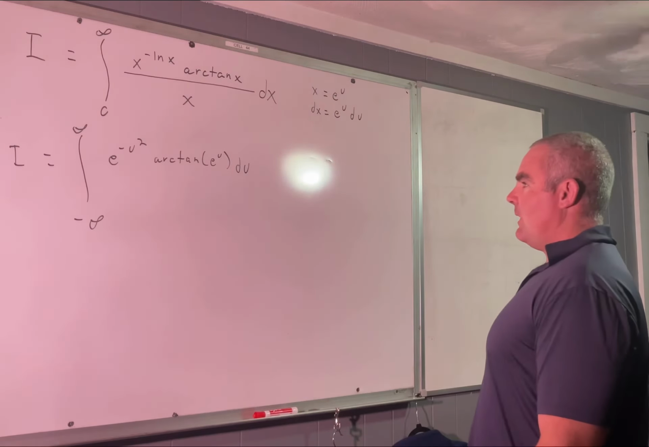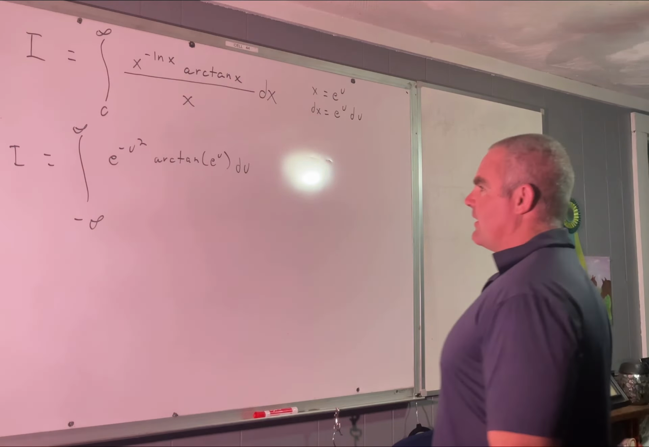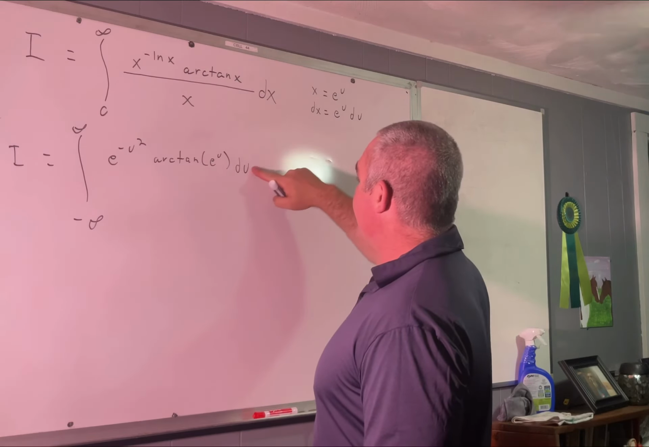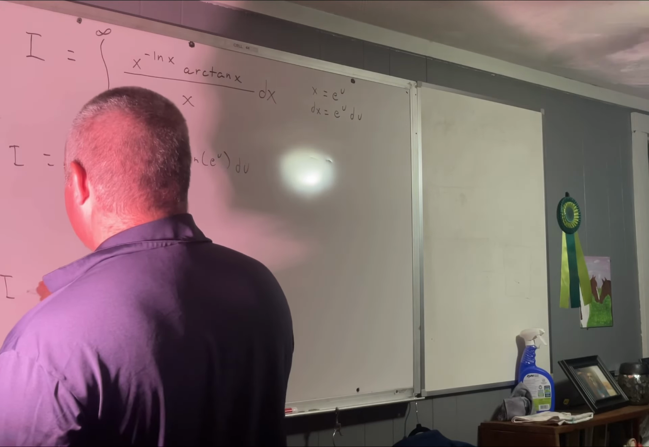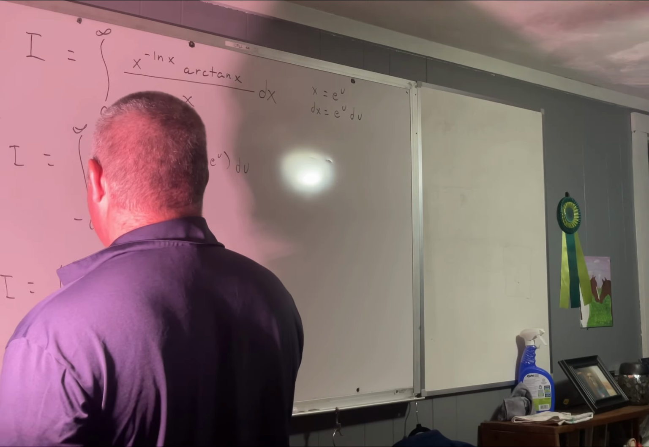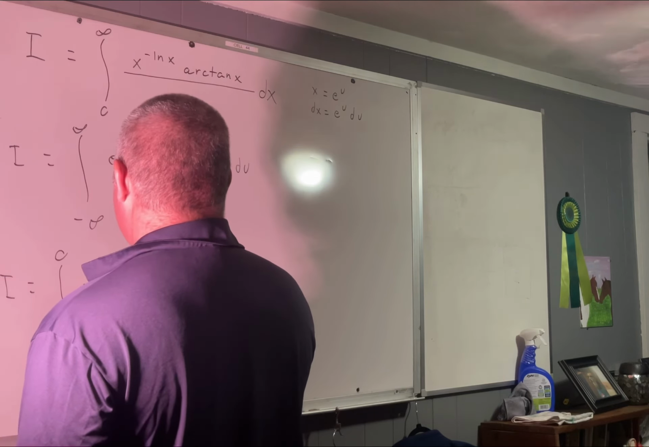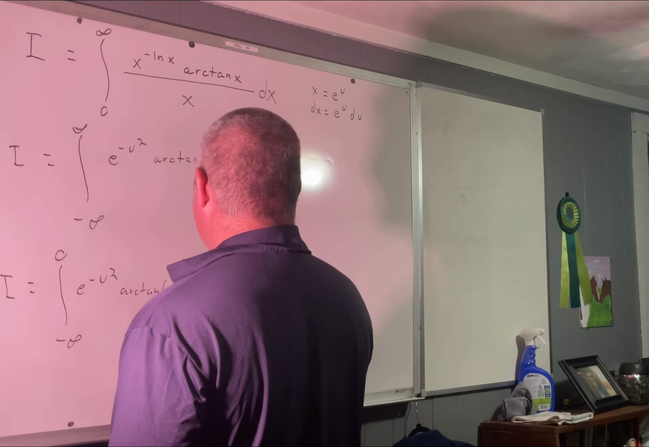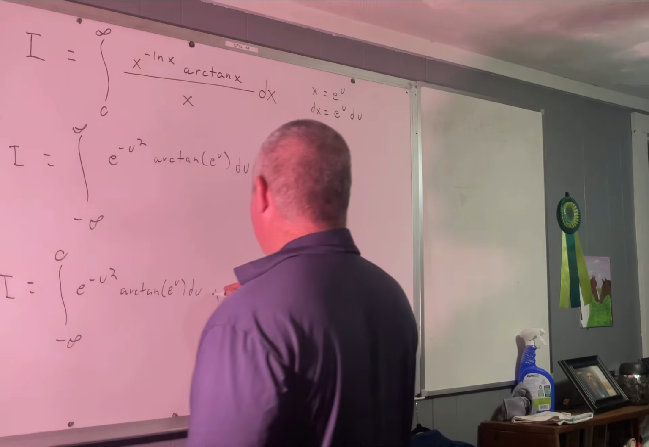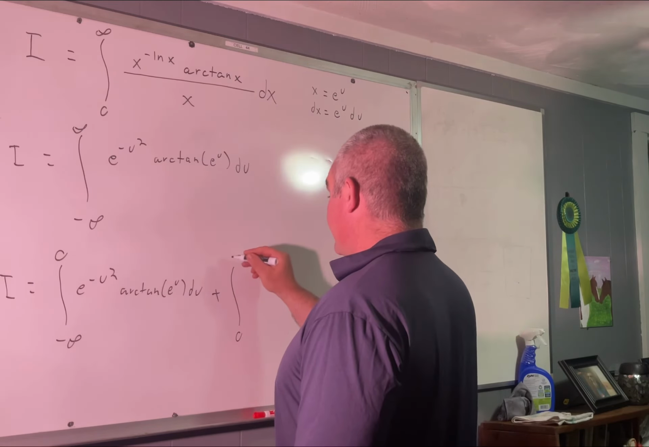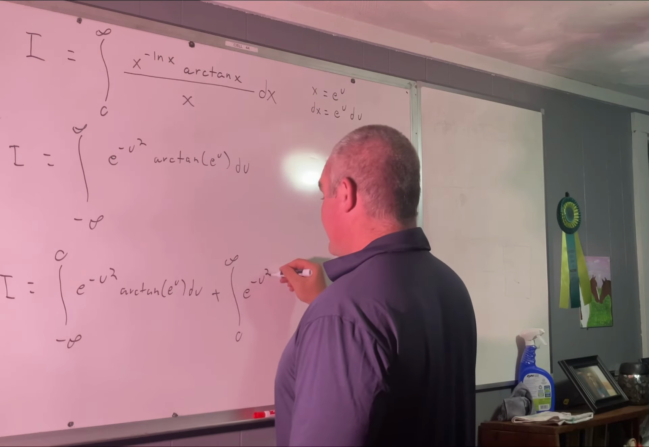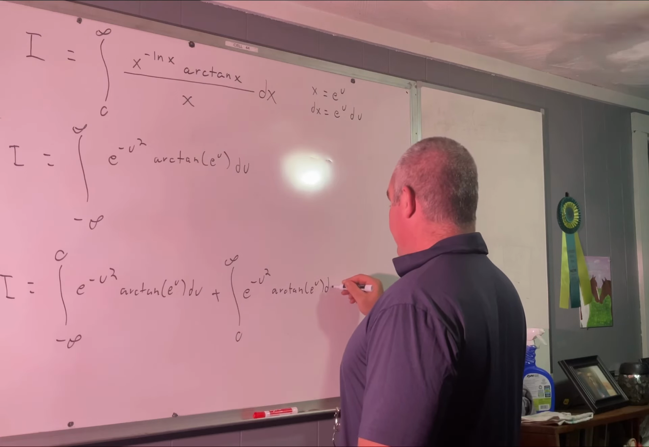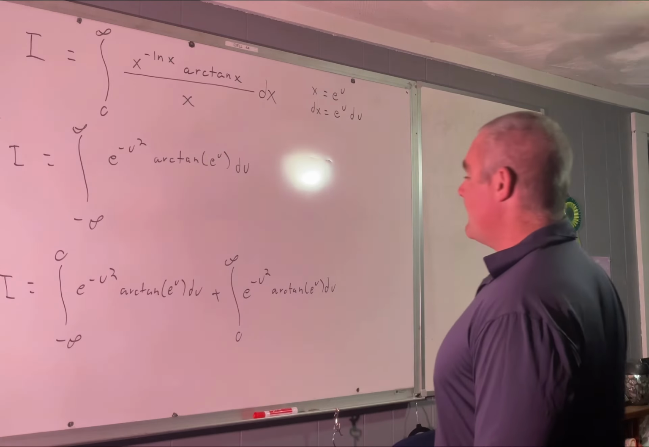Okay. All right, so let's split that up into two separate integrals. So this is going to be equal to the integral from negative infinity to 0 of e to the negative u squared, arctangent e to the u du, plus the integral from 0 to infinity of e to the negative u squared, arctangent e to the u du. All right,